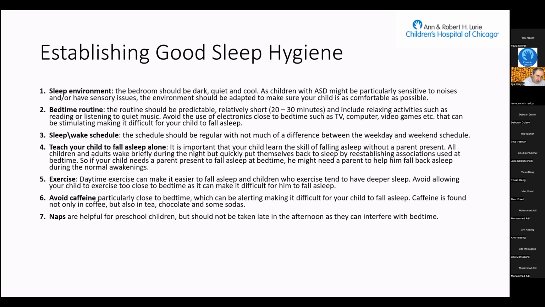We need to teach our children to fall asleep on their own. Otherwise, parents will always think that their children are not sleeping. Waking up between 4 and 6 times per night is normal. We all do it. The difference is we all fall asleep on our own. And so if the child asks the parent to help him fall asleep 6 times per night, the parent will be in our offices telling us that the child has insomnia. All the children should avoid naps.